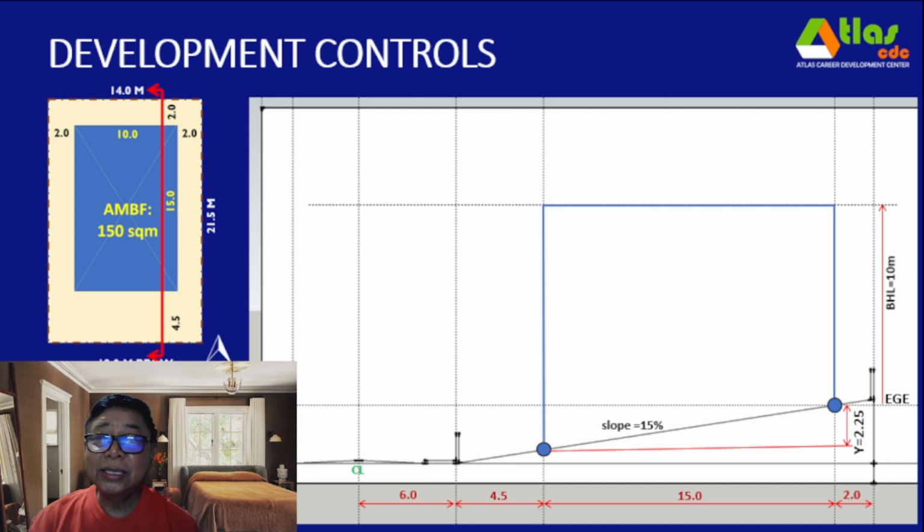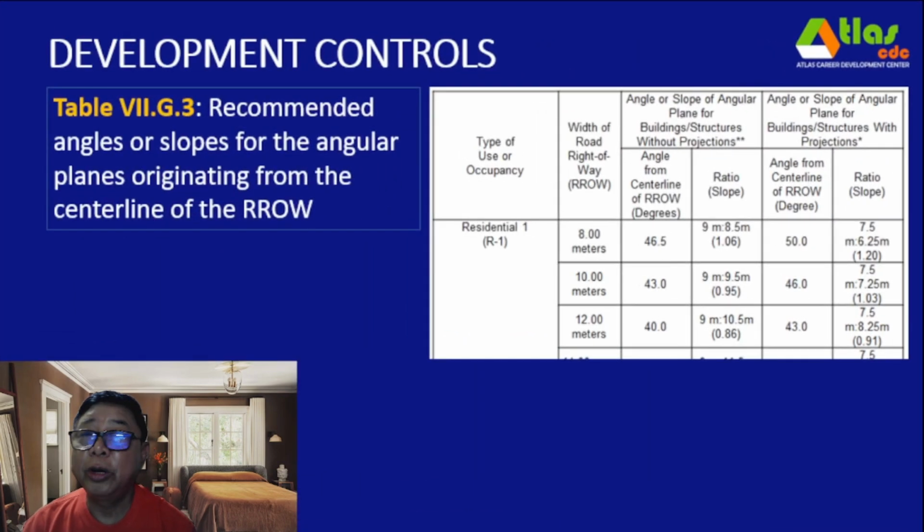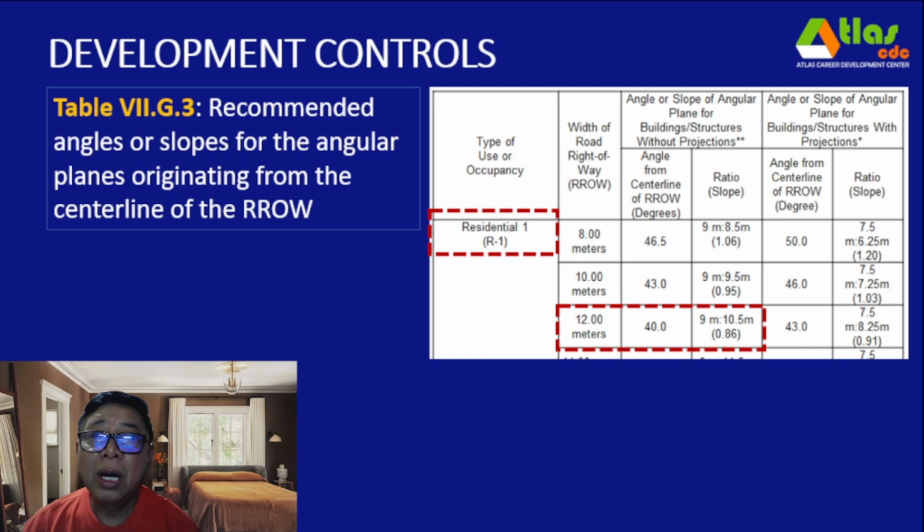So the next thing that we are going to determine is, from the center line of the road here, what will be the angular plane. And so we are going to refer to this table 7.G.3. This is the recommended angles or slopes for the angular planes originating from the center line of the road right-of-way. And for an R1 use or occupancy, and with a road right-of-way width of 12 meters, our angle is 40 degrees from the center line, or with a ratio of 9 meters to